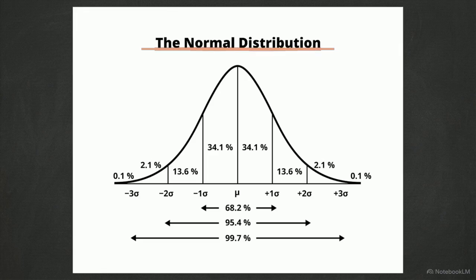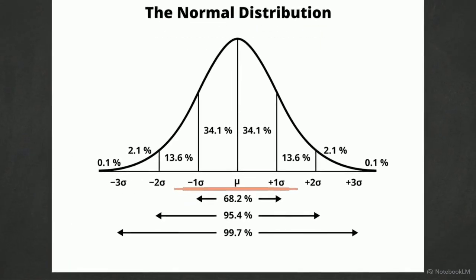Under SEBI regulations, mutual funds are required to disclose their standard deviation to quantify historical volatility. The sigma symbols on the x-axis represent these standard deviation intervals. By mapping these intervals, analysts can see the exact percentage distribution of past performance. This allows them to project what percentage of a fund's future returns will fall within acceptable risk boundaries.